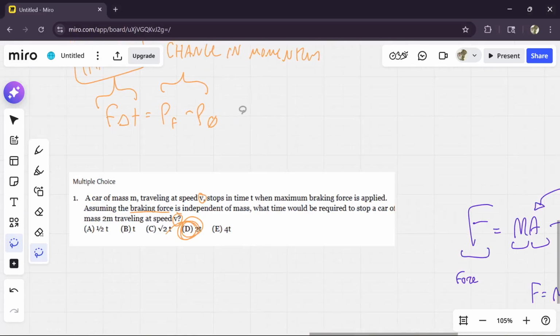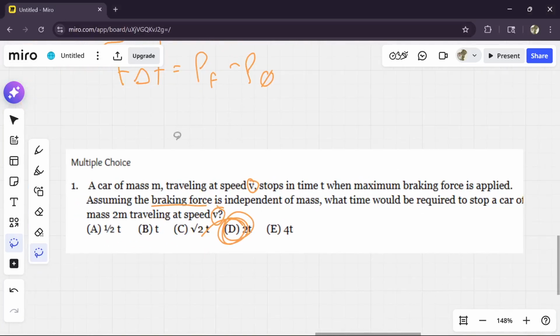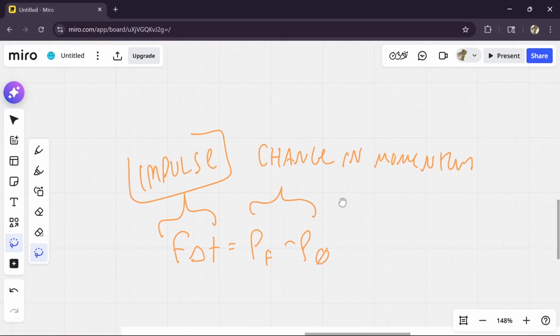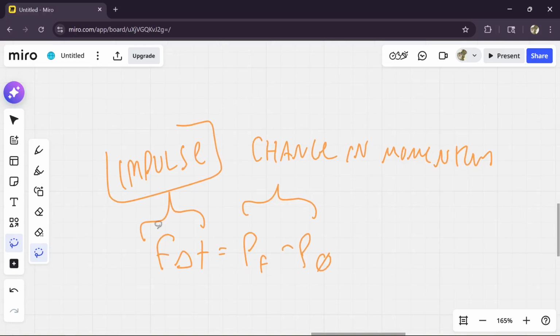Okay, so this is the first question on the impulse packet. But before I get into that, I want to quickly cover something I forgot to mention in the last video. Pretty important. This formula, which I wrote down earlier, is force times the change in time,